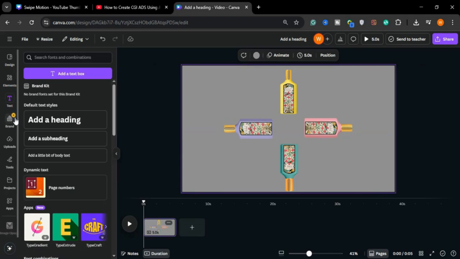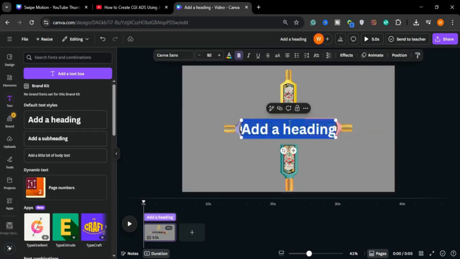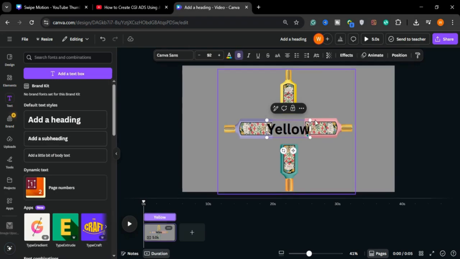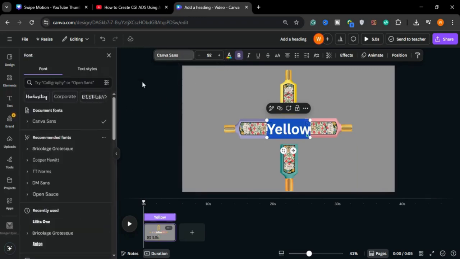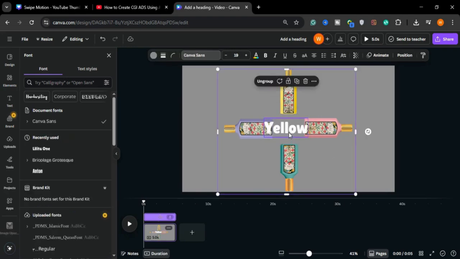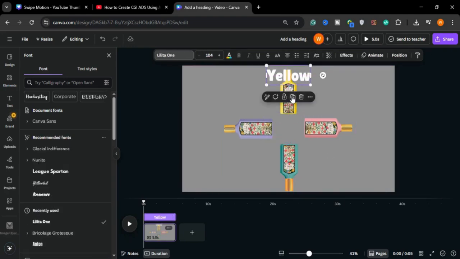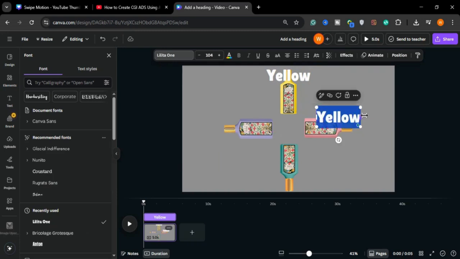Now we will change the color of the background and select the text. We will type yellow. Change the color of this text into white and change the font also. I will choose this one, increase the size a little bit and put it here. Now we will duplicate it and type